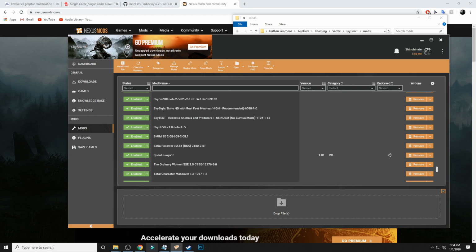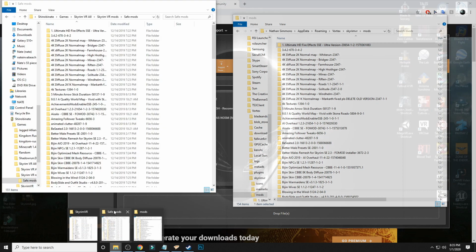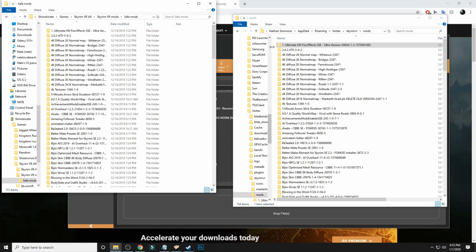You take any of these mods that you have downloaded fresh, that you want to keep, that you know is working. Because what you want to do with mods, when you download and install them for the first time, is do a few at a time, run your game, and make sure it loads up and everything, and there's no issues in the immediate area. Then you can save it, exit, and install a few more mods. But if it crashes, you want to look at your mods and make sure